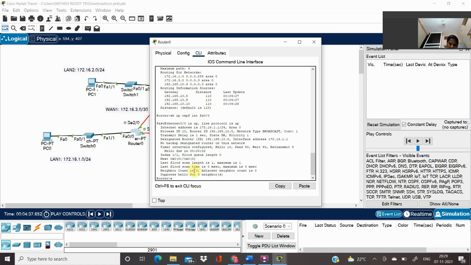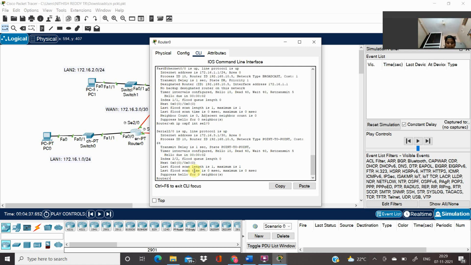Next, show ip ospf interface SE2/0, and I got my details about that protocol, and it is line protocol up, and I got my timers and my network type and everything.